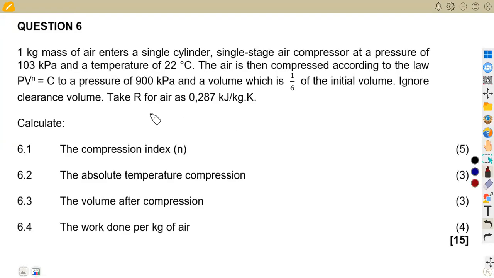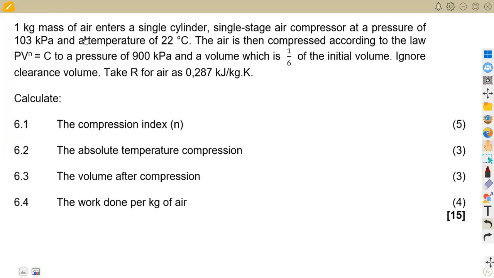We are going to focus on this question paper, November 2017, question number 6, which says 1 kg mass of air enters a single cylinder, single stage air compressor at a pressure of, that is when it is entering, so this is our inlet pressure, which is our P1, 103 kilopascal in this case,